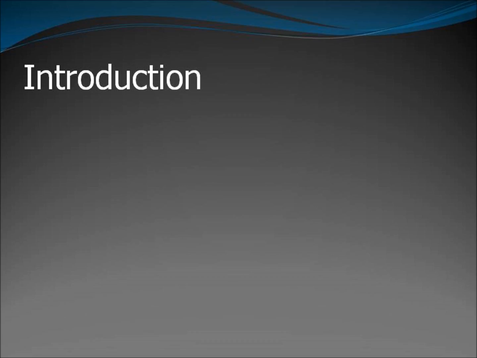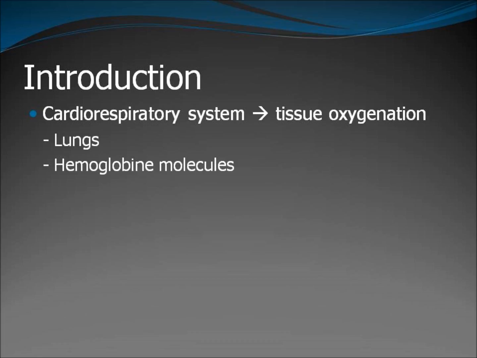The introduction. The cardiorespiratory system plays a key role in the regulation of tissue oxygenation. At first, oxygen will be inhaled from the atmosphere. Second, the oxygen will be transported by diffusion to the blood from the air in the alveoli. Oxygen diffusion to the plasma and the elimination of carbon dioxide take place in the lungs. The hemoglobin molecules in the red blood cells carry out mainly the transport of oxygen from the lungs to the